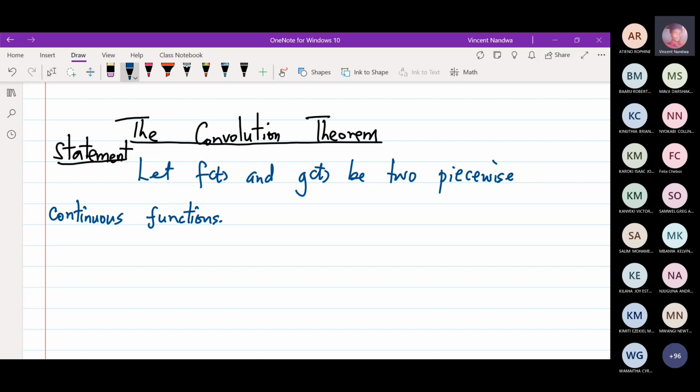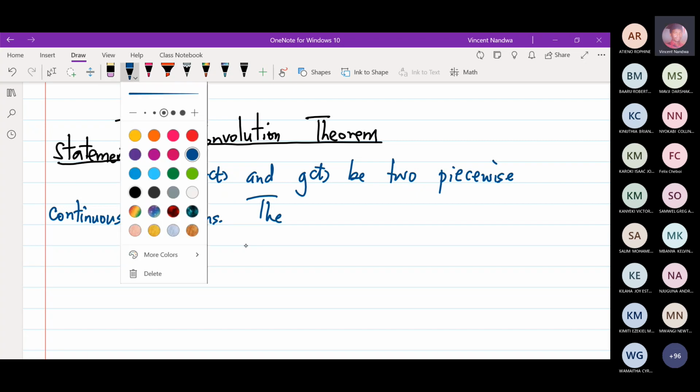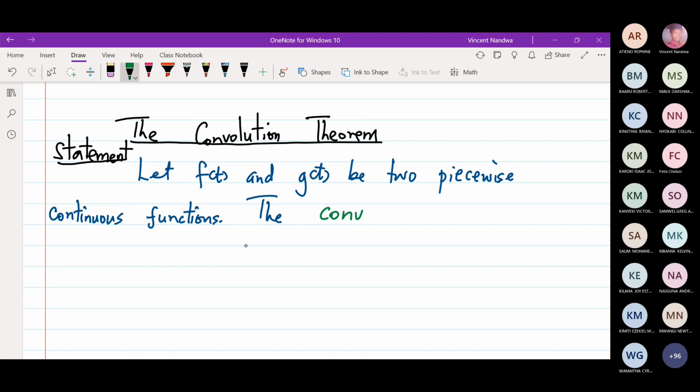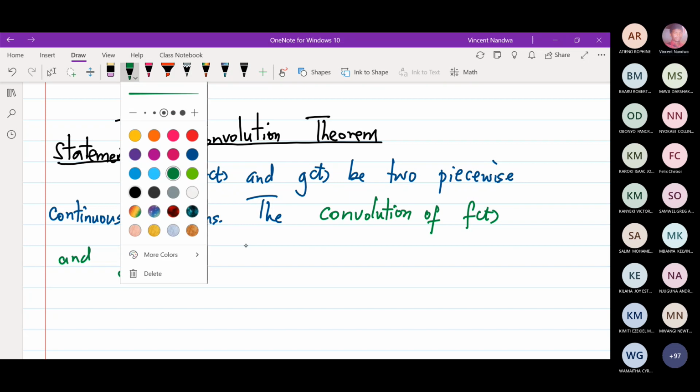Let f and g be two piecewise continuous functions. The convolution of f and g is usually denoted by